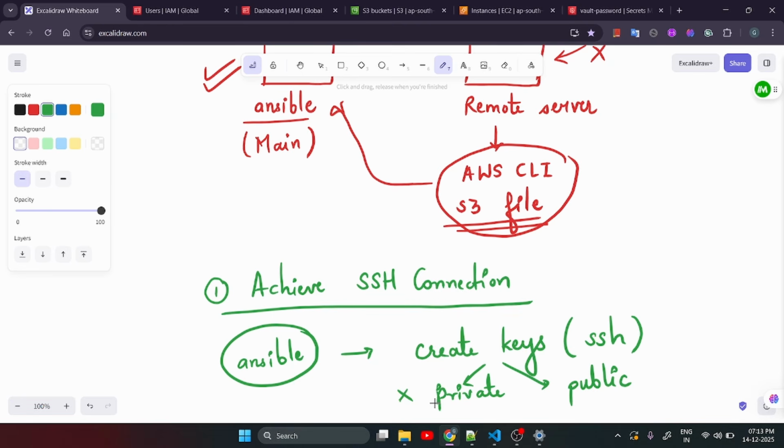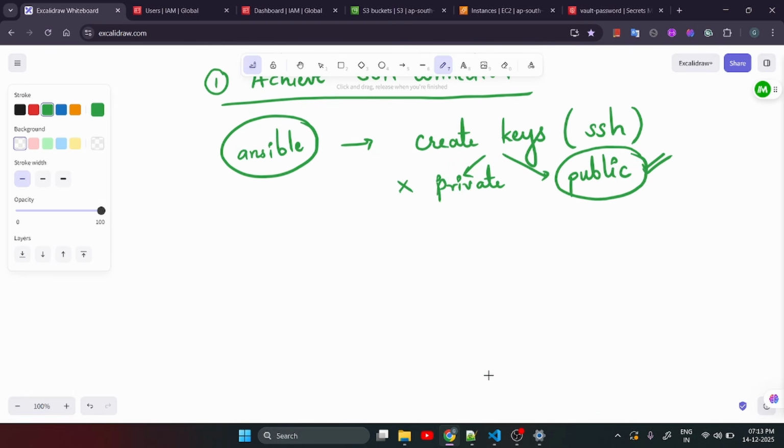Remember this, never ever share your private keys. So whatever you will be sharing will be your public key, only public key. Okay, so you will be taking the content of this public key and go to the remote server